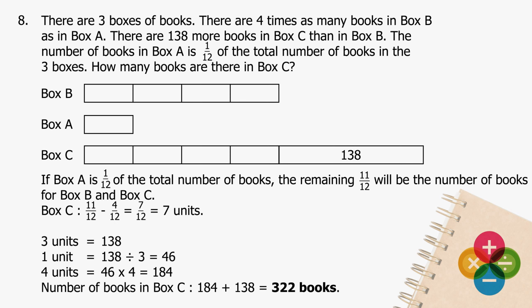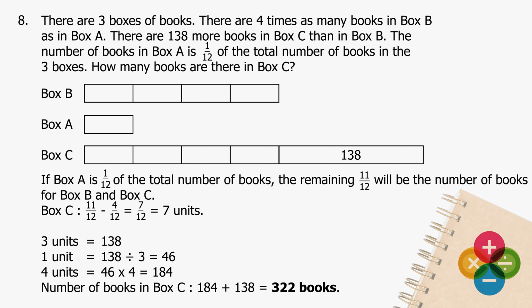If the number of books in box A is 1/12 of the total number of books, the remaining 11/12 will be the number of books for box B and box C. The number of books in box C will be, subtract 4/12 from 11/12, and the difference is 7/12, which is equal to 7 units. 3 units will be equal to 138. 1 unit will be